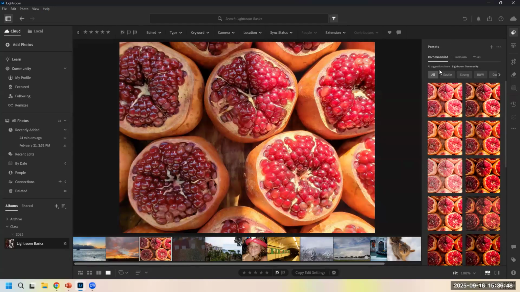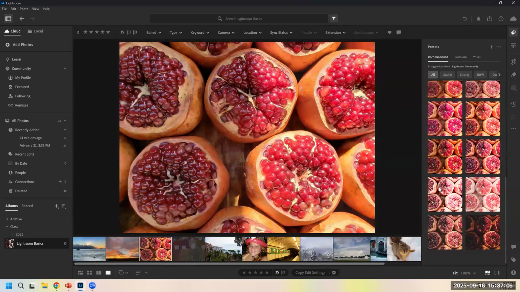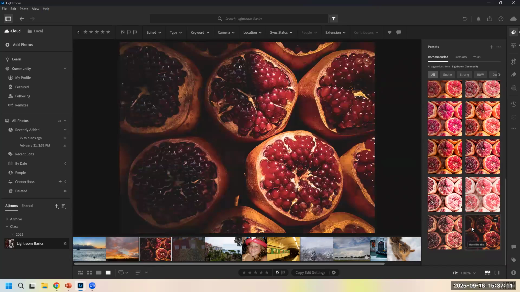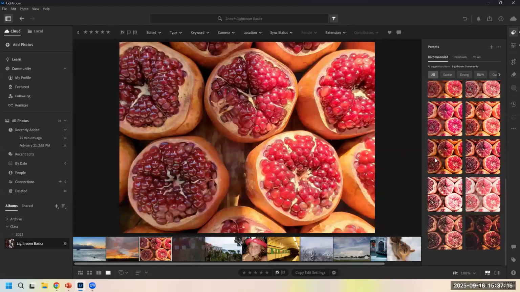I honestly just like this recommended tab. Call me taking the lazy way out, but it has some pretty good stuff in here. So this is basically assessing your photo using AI and looking at what type of presets would be best depending on your goal, right? So as you can see, some of these are not great. That looks very washed out. This one makes them all look moldy. So they're not all going to be gems, but there's some like this one, which just really make that